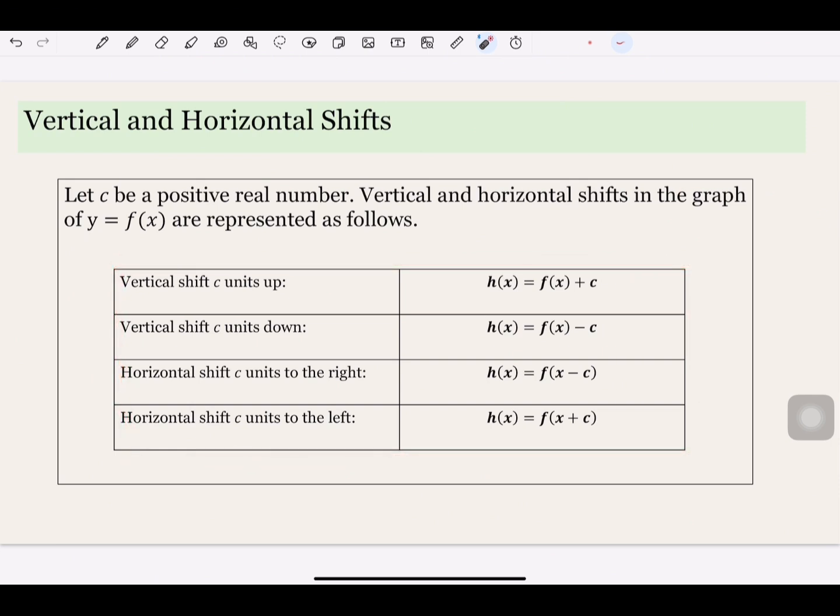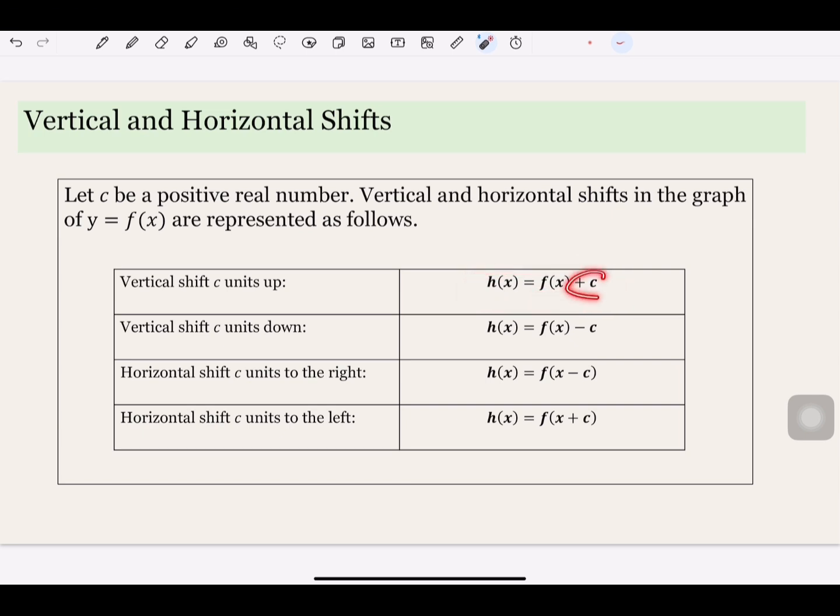Okay, so there are two main types of shifts. They are vertical and horizontal shifts. So remember, the vertical shifts affect the output y values, and the horizontal shifts affect the input x values. So if you have your h of x as f of x plus c, which means